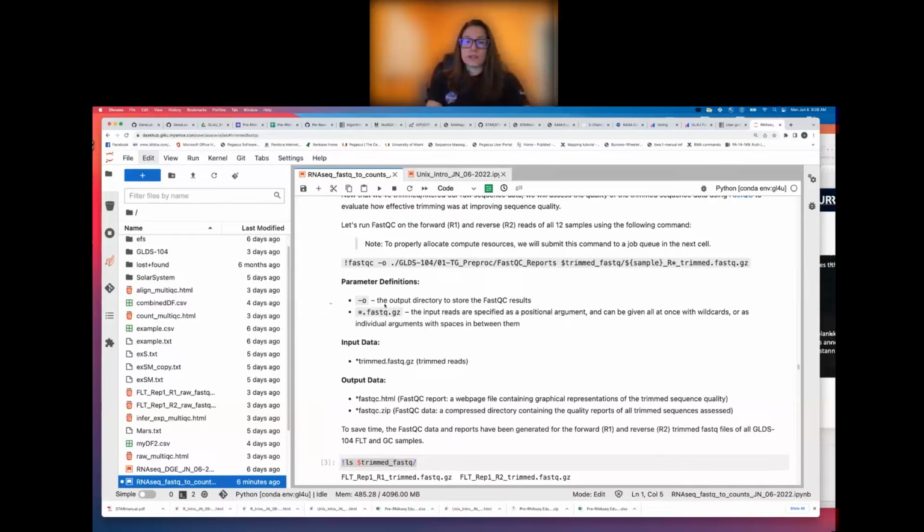So again, this should look familiar from the raw data. We call FastQC using !fastqc because we're running in a Python kernel. Dash o, does anyone remember? Well, I guess the answer is here. The dash o parameter is the location for where we want to output the FastQC output files. And we're outputting them into the directory organization that we had put together last week. This time in the 01_TG, standing for Trim Galore, preproc directory, and then the FastQC report